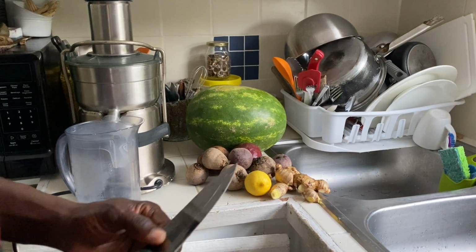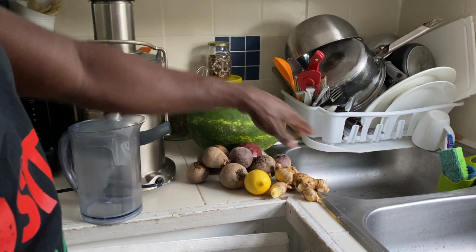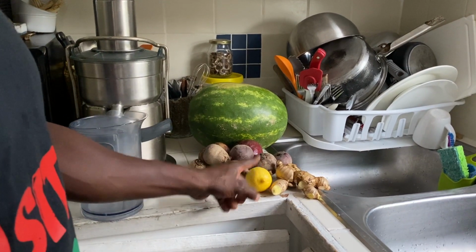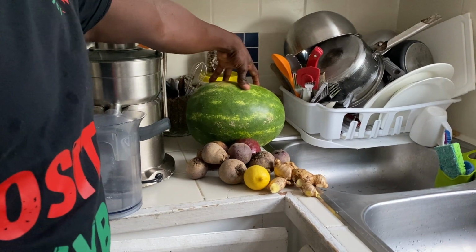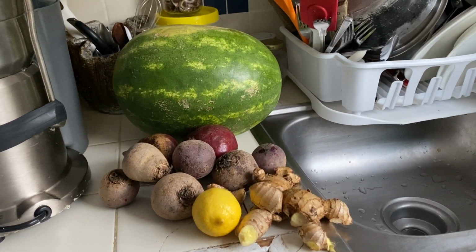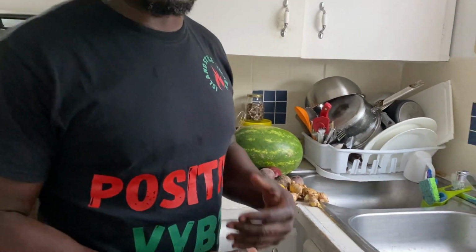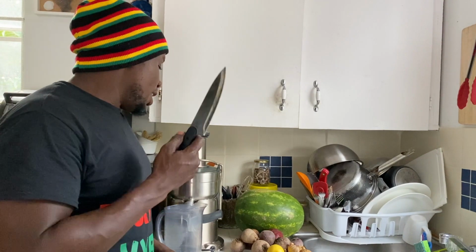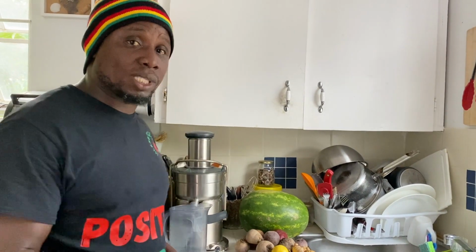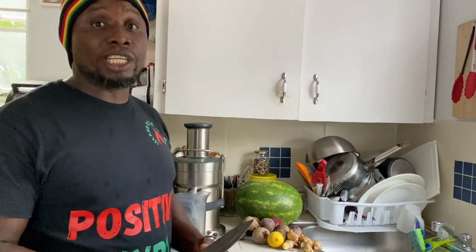So what we have here, we have some beets. In Jamaica we call it beetroot. We have some ginger, we have a lemon, and I have a whole watermelon that I'm going to use. And also I have my juicer here. I'll advise you, if you want to go on the healthy road, invest in a juicer because it comes in very handy